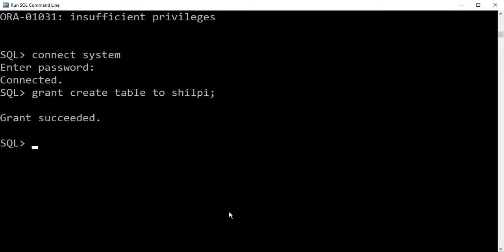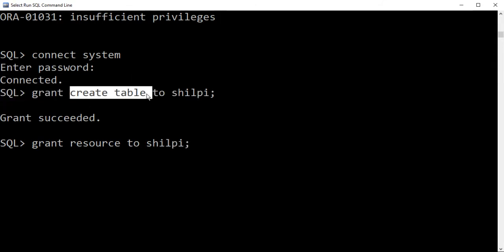So I can provide different permissions one by one. But instead of providing all the permissions one by one, I can directly provide all the resource permissions to the new user, because only providing the create table permission is not going to solve the purpose, as the user still does not have privilege to use a memory resource. So we will not be able to create the table even after logging in with the new user's credentials. So we need to grant the resources to the new user, only then will the user be able to create a table, and use the memory resource and other resources.